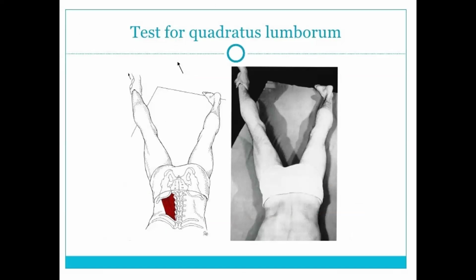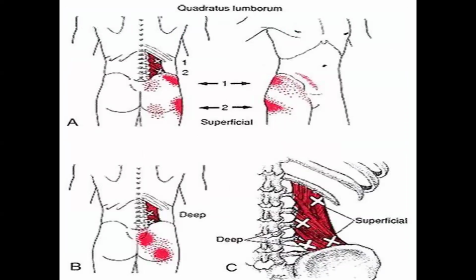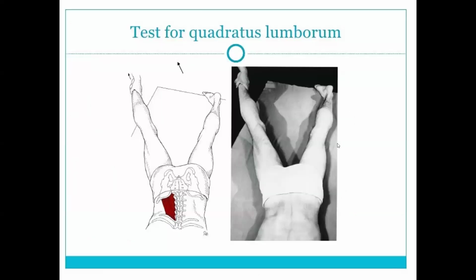and it's very commonly seen. Now, how to test for it? By this test, by trying to move the leg in extension with the fibers of the quadratus lumborum. If you get tightness there, then you have a problem with your quadratus muscle. Of course, you palpate it. Remember the law of 3 P's that I put for you: P for palpation, P for provocation, and P for palliation. So palliation is basically injecting